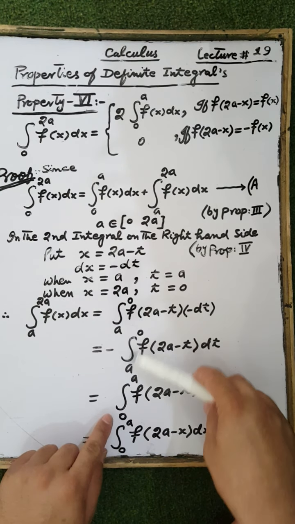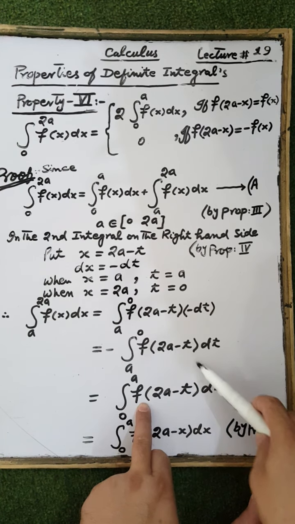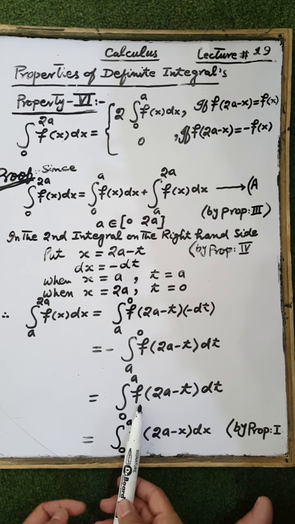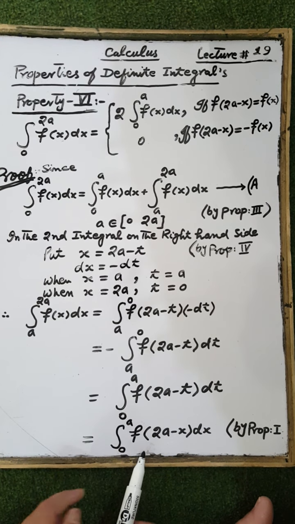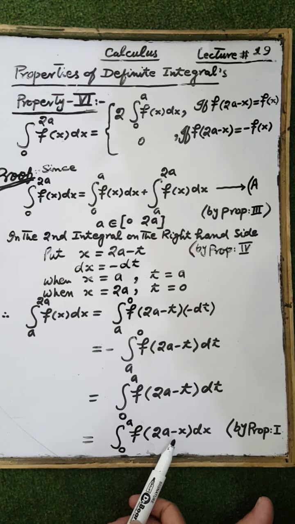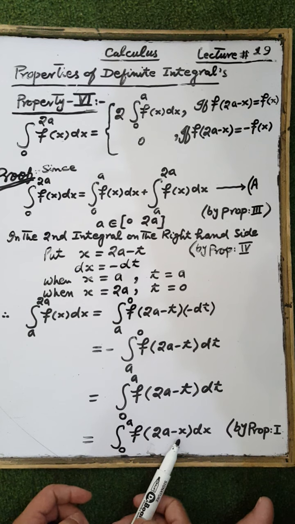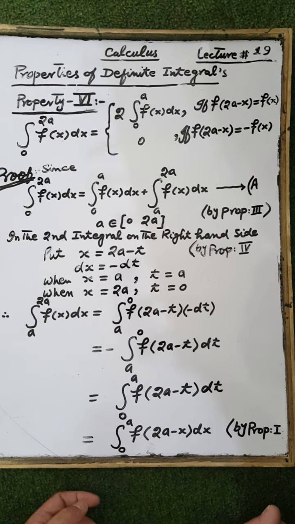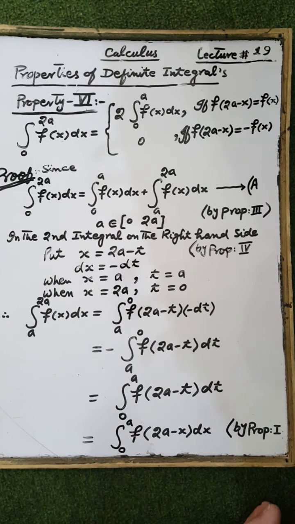And we change the upper and lower limit of integration of the function f of 2a minus t dt. And according to property number second, the result of the integration of f of 2a minus t dt on the interval 0 to a remains the same when we replace the variable t by another variable x or any other variable. That is, f of 2a minus x dx on the given interval 0 to a. According to property number first, substitute this value in equation number a. We have,